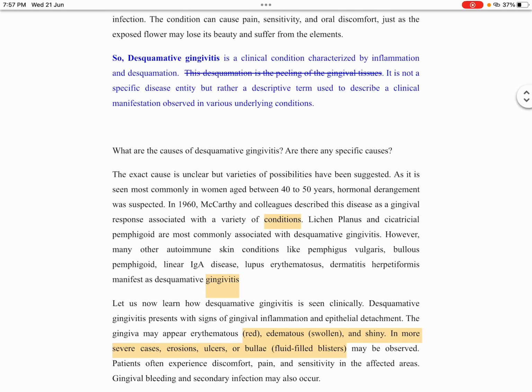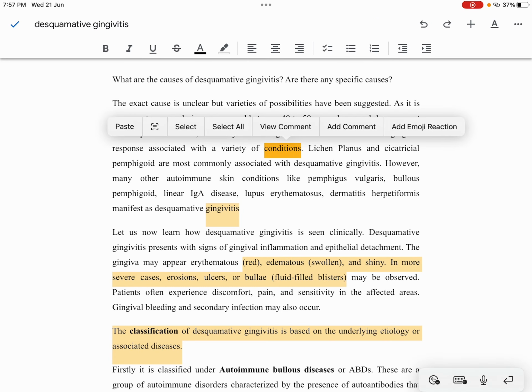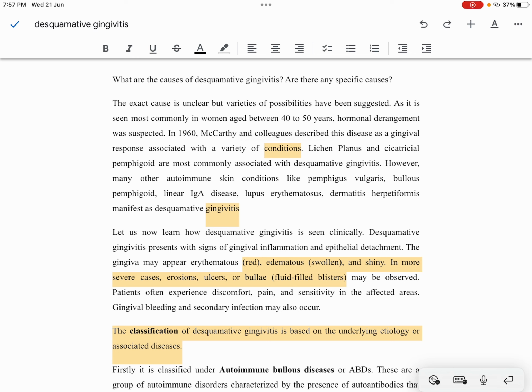Then while explaining causes, it would be better if you explain about the conditions like a continuity, like describe this disease as gingival response associated with related conditions such as lichen planus and pemphigoid. You could have eliminated that line and included it there itself. And over here,